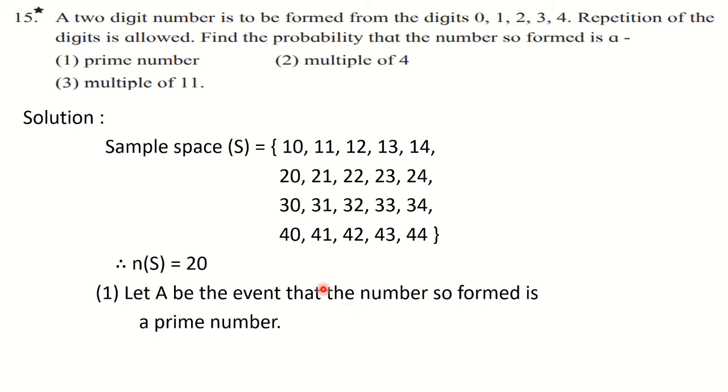So in the first line what you have here, 11, it's a prime, correct? Then next is 13, prime. Then here 23, correct? Here 31, here 41 and 43. So find out all those numbers and write them down as a set. That set A has all these numbers: 11, 13, 23, 31, 41 and 43. There are 6 numbers, therefore n of A is 6.